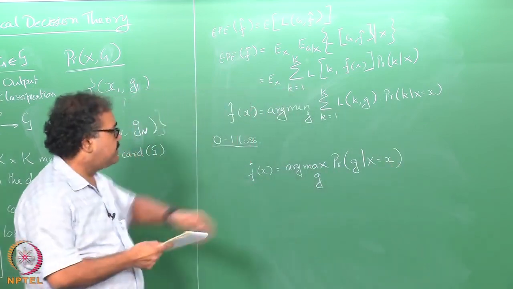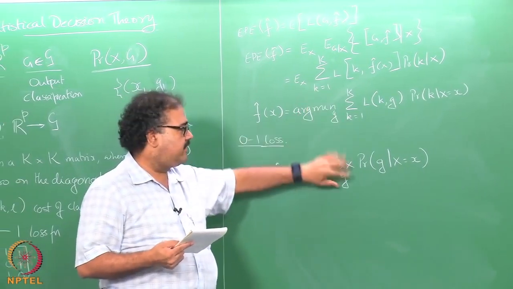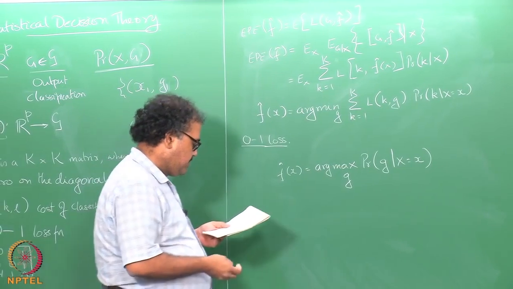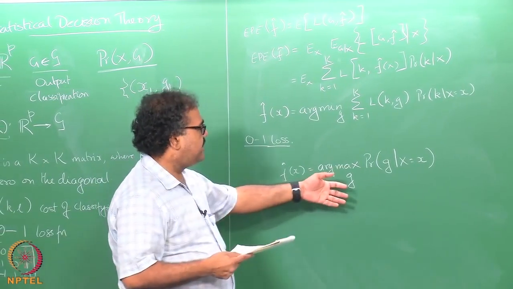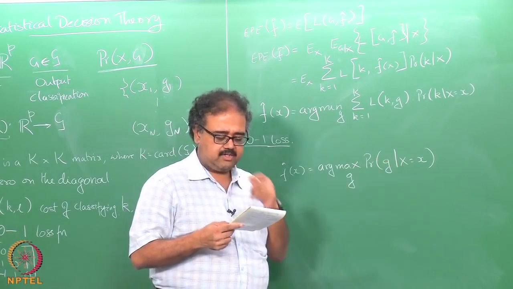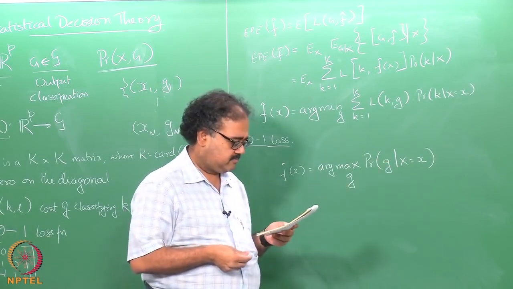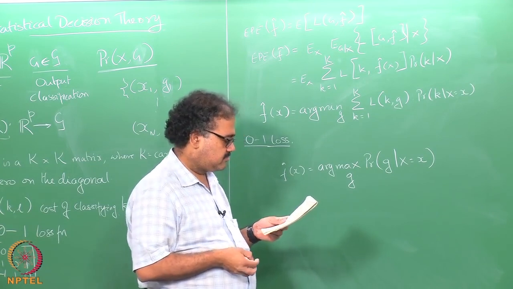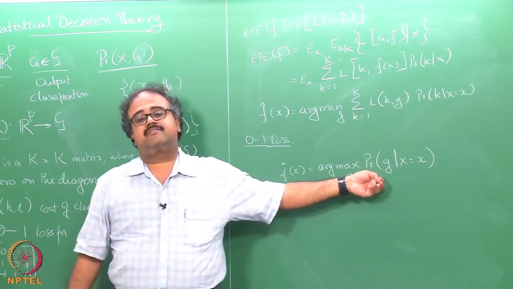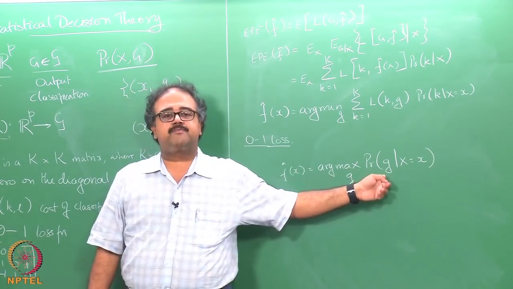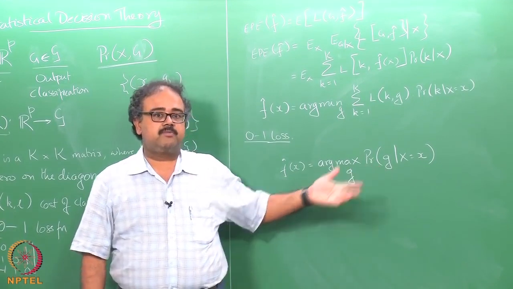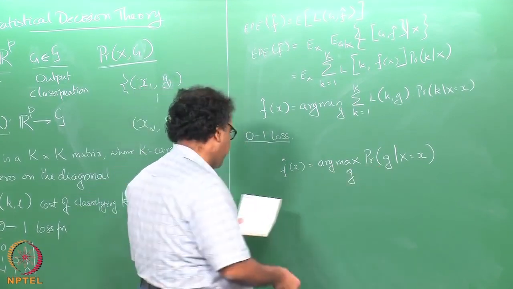I hope people realize why the min here became the max here, based on the argument that we just did. This is essentially saying that from your training data, classify it to the most probable class. And if I knew this probability, what will I do? I can set it to the most probable output. So, this kind of a classifier